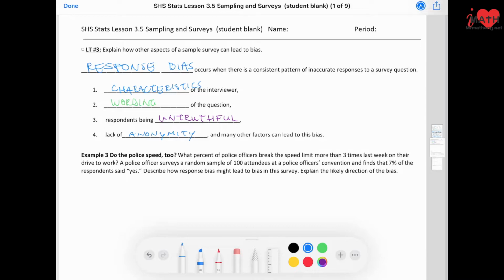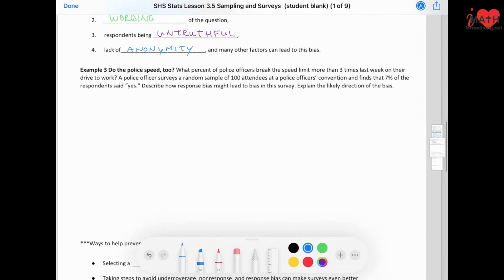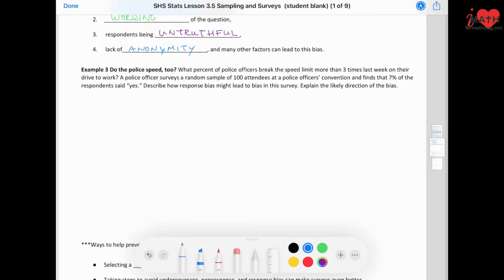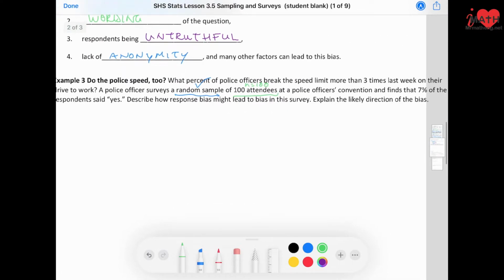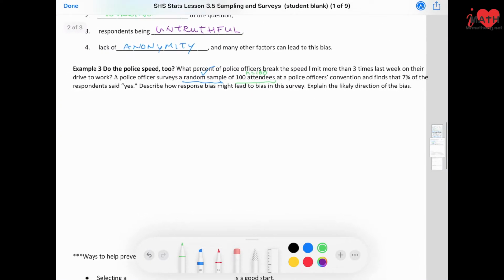All right, let's try this next example here, and hopefully this will make sense. Example number 3, do the police speed? What percent of police officers break the speed limit more than 3 times last week on their drive to work? A police officer surveys a random sample of 100 attendees. So again, I'm just practicing. I see SRS. This is a good thing. I see 100 attendees. So I'm going to write n equals 100. That is our sample size at a police officer's convention. And finds that 7%,